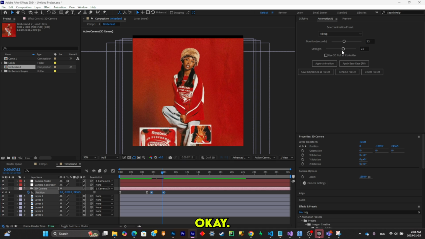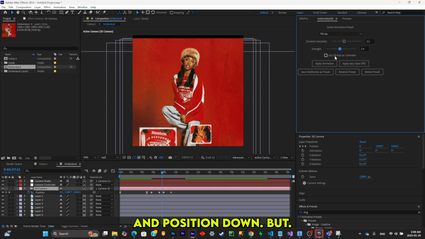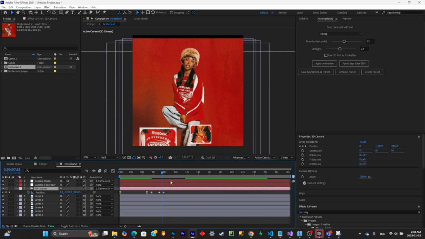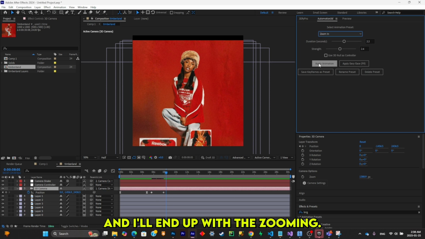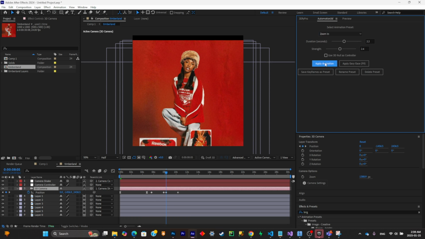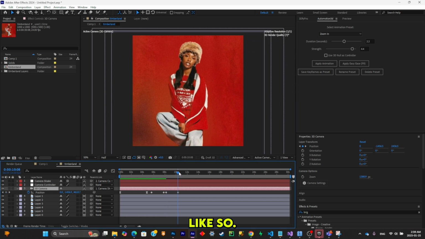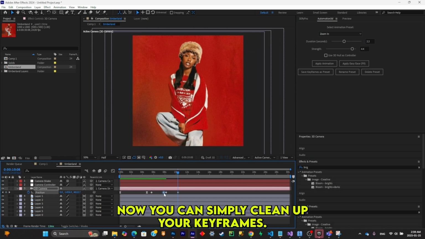Okay, put the strength down a little bit. And I'll end up with a zoom in. Like so. Now you can simply clean up your keyframes